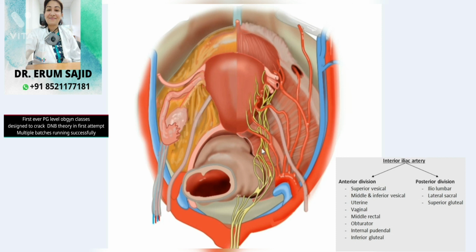One more thing, towards the end, I'd just like to mention the relations of the internal iliac artery. So anteriorly, can you see, anteriorly it has the ureter. Okay. Posteriorly, it has the internal iliac vein. Laterally, it has the external iliac vein. Can you see this? Laterally, it has the external iliac vein. I'll just mention that only. And then medially, it has the peritoneum. So it's very easy now. If you just focus on this area, the relations are also very clear to you.